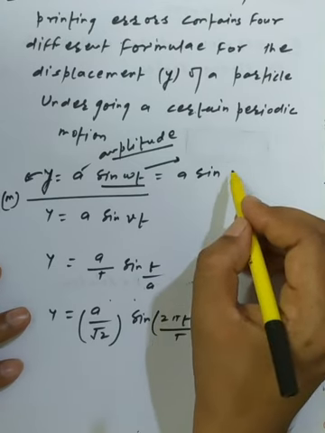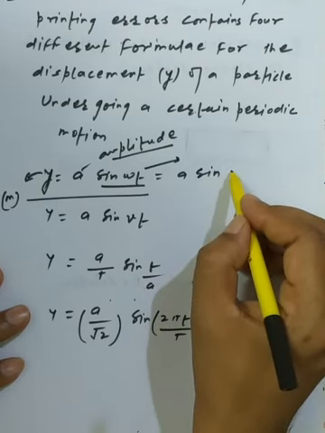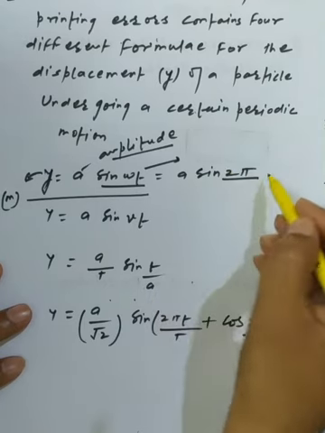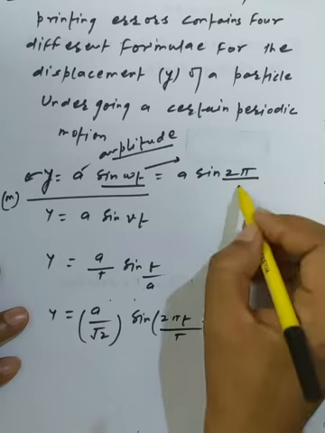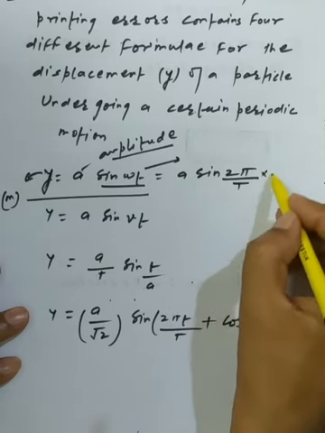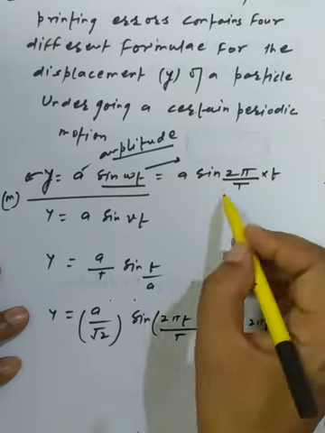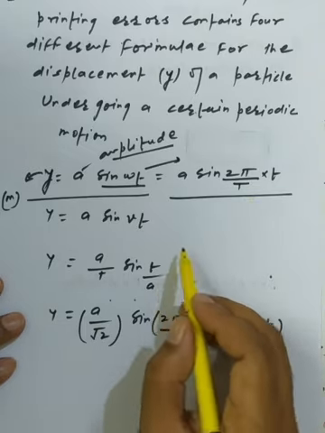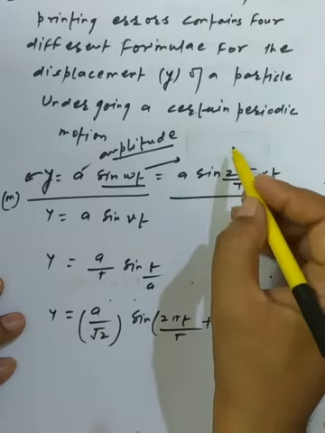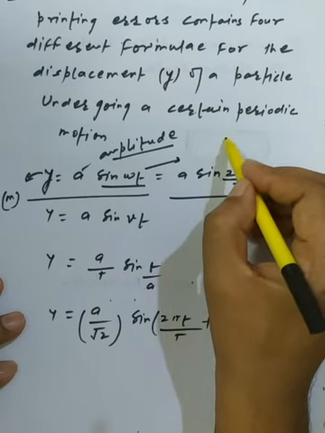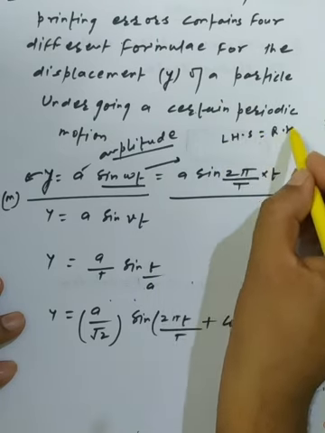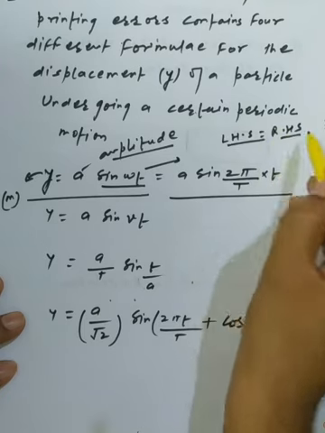So omega is the angular velocity, the angle traced by a particle in rotational motion per unit time. So 2 pi is the angle around a point in a given period of time T. Whenever we are asked whether a formula is correct or not, we can easily say it with the help of dimensional analysis. Dimensional analysis says that the left hand side dimension is equal to the right hand side dimension. This is the basic concern we have.